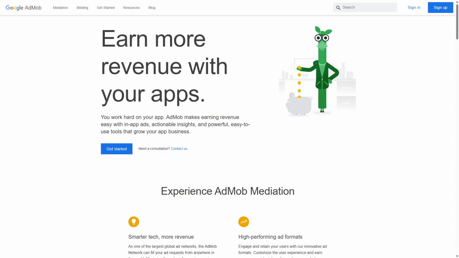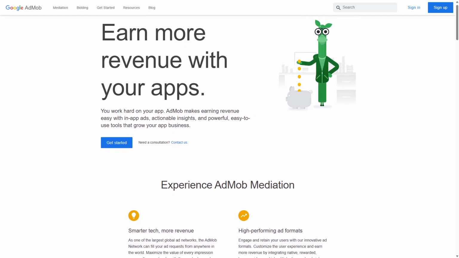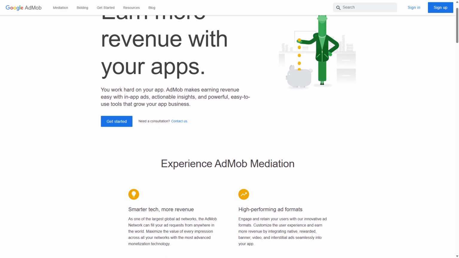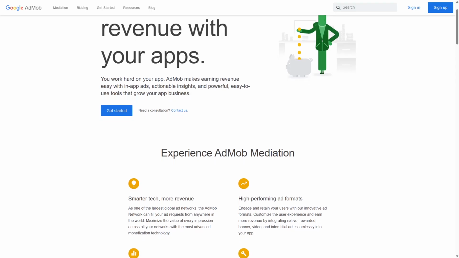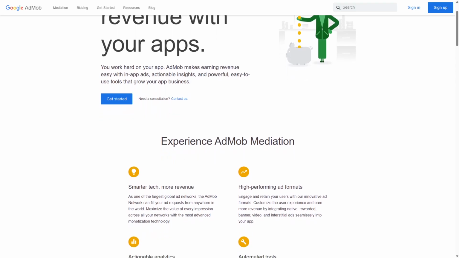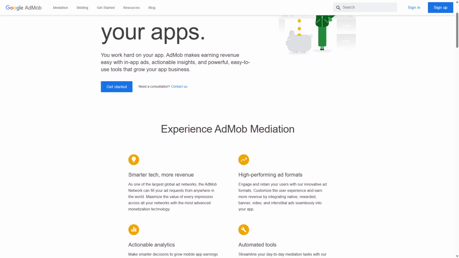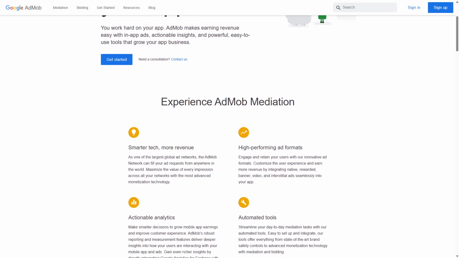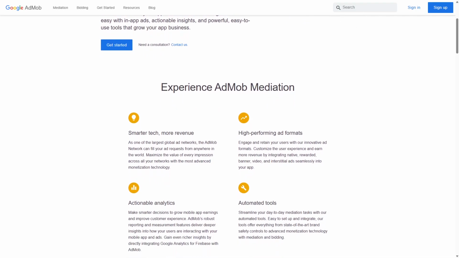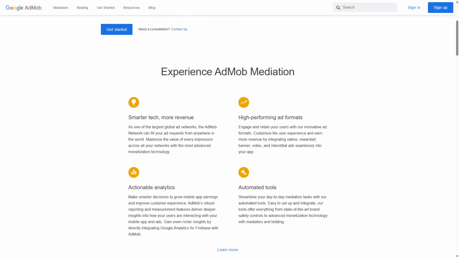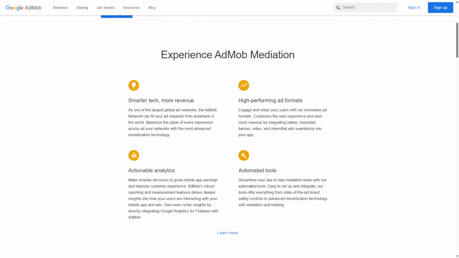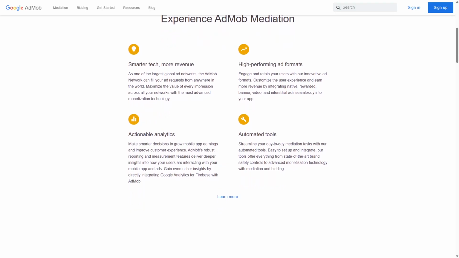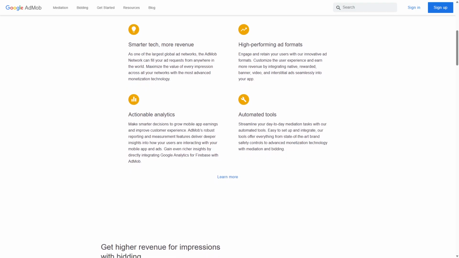AdMob is Google's mobile advertising platform, supporting a wide range of app categories beyond gaming. It connects app developers to Google's vast advertiser base, offering formats like banner ads, interstitials, native ads, and rewarded videos. AdMob leverages Google's powerful machine learning to optimize ad targeting and maximize revenue. Its broad compatibility with multiple development environments and extensive mediation options allows developers to manage multiple ad networks from one